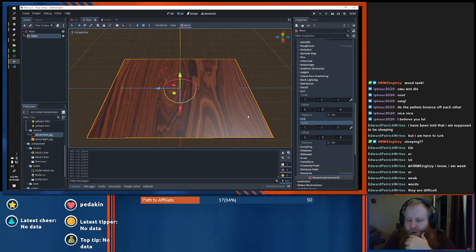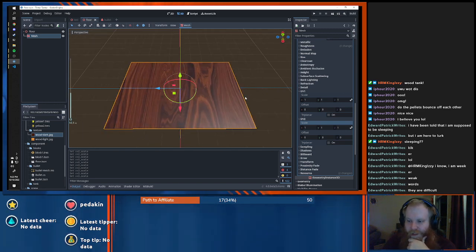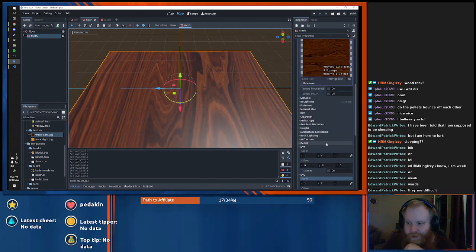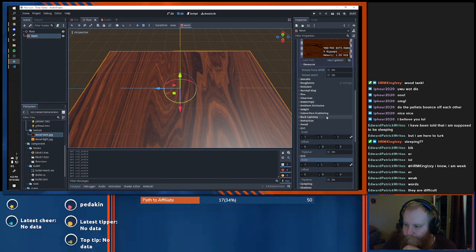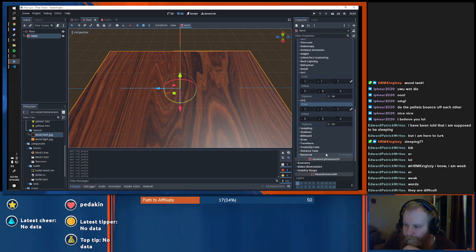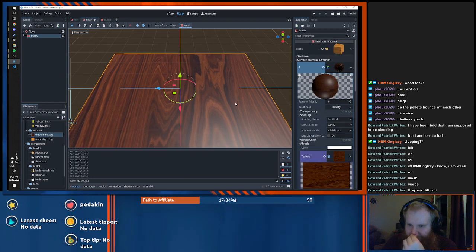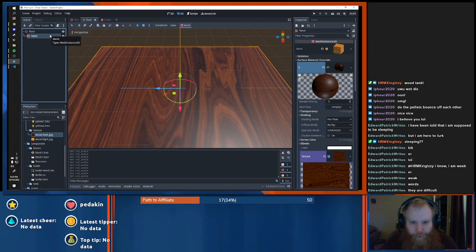That's so weird. I could rotate it 90 degrees and stretch it the other way, but I don't feel like that solves the problem. That just avoids it. It's just weird to me that this decides that. You know what? I'm gonna start over. Do I really want to do that though?